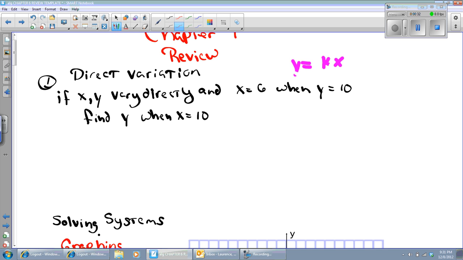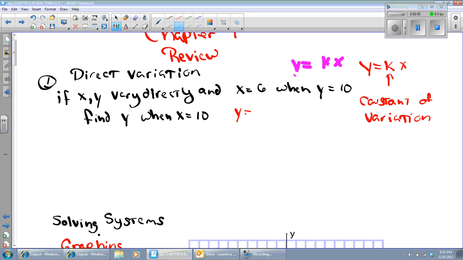There we go. Let me write that: y equals kx. k is the constant of variation, and that's just like the slope. And so when I have that x equals 6 when y equals 10, I'm going